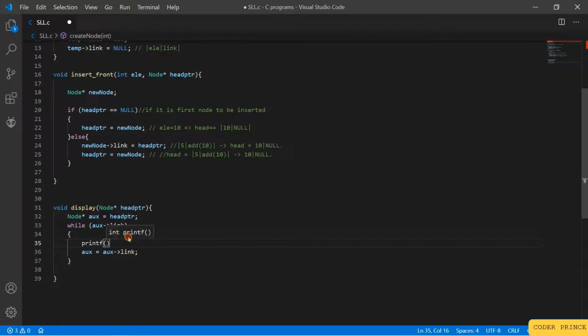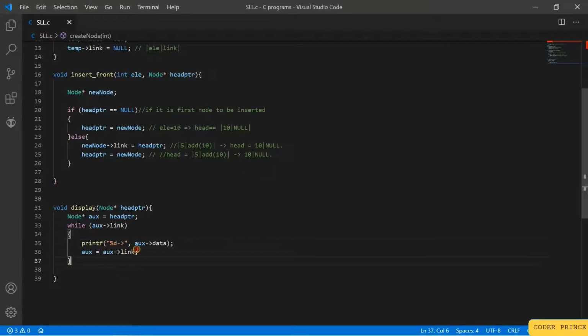So we'll use a printf function to print the data part of this. So %d, I will also put an address arrow, and we need to print the data of the auxiliary pointer. So every time it passes through each node, it will print the data and then pass to the next node.